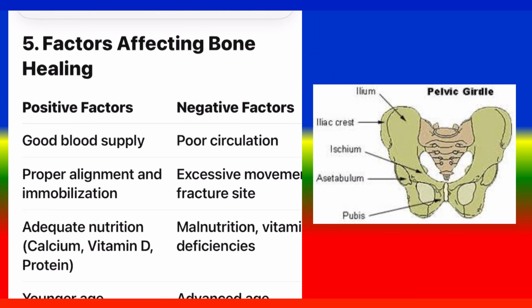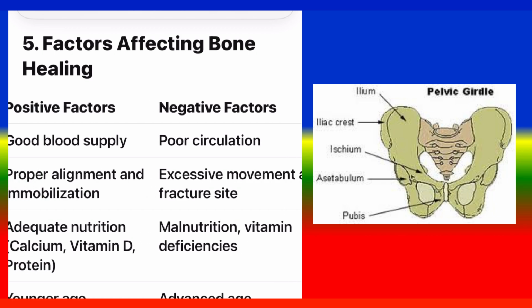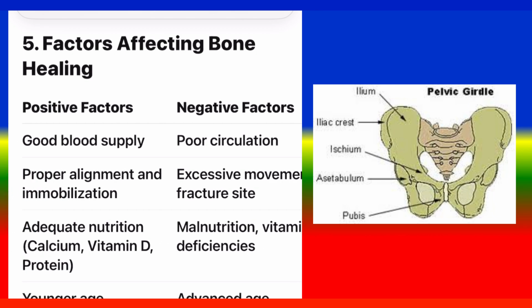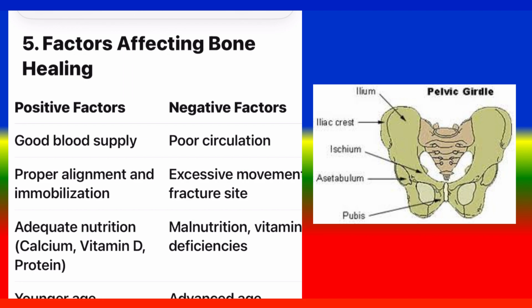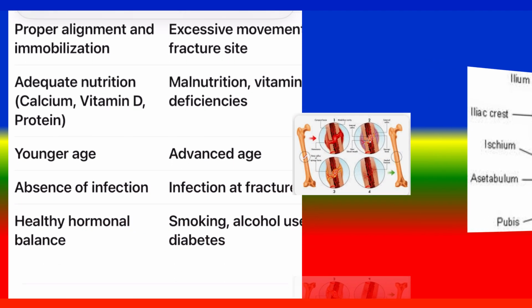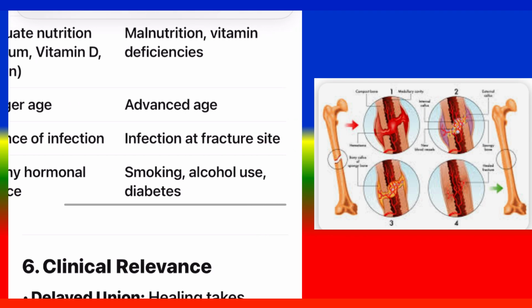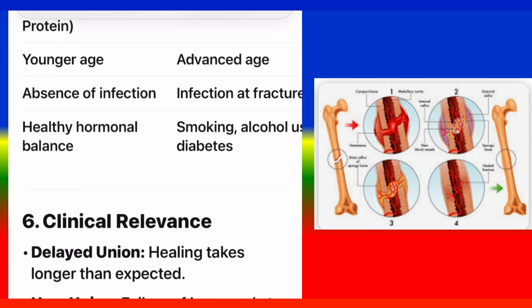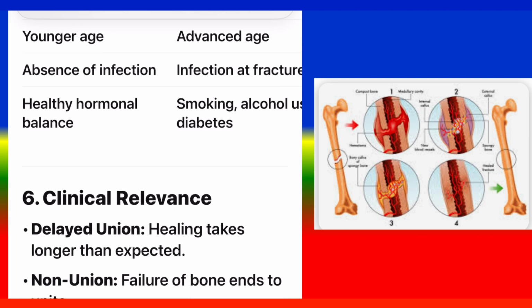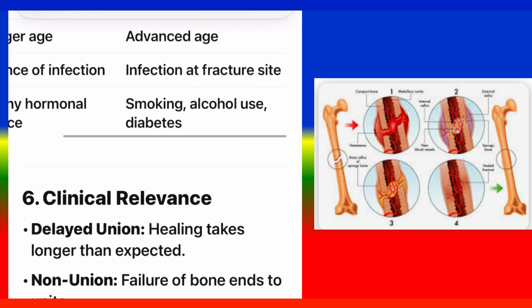5. Factors affecting bone healing. Positive factors, negative factors. Good blood supply, poor circulation; proper alignment and immobilization, excessive movement at fracture site; adequate nutrition, calcium, vitamin D, protein, malnutrition, vitamin deficiencies; younger age, advanced age; absence of infection, infection at fracture site; healthy hormonal balance, smoking, alcohol use,